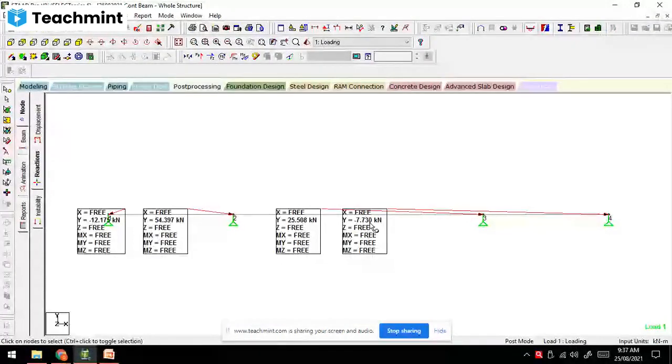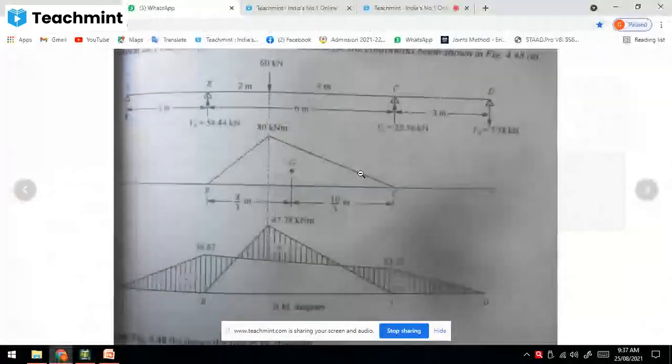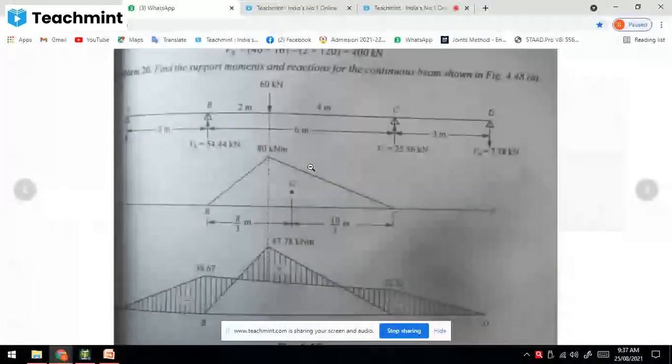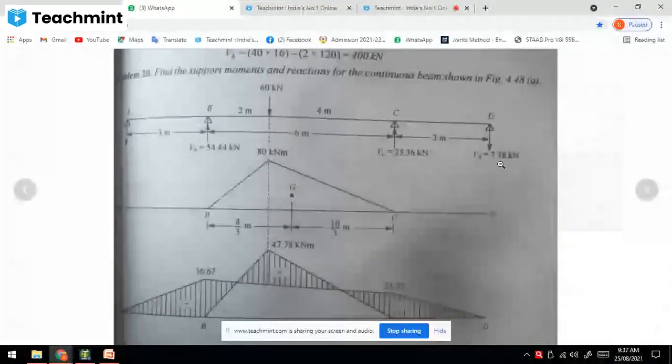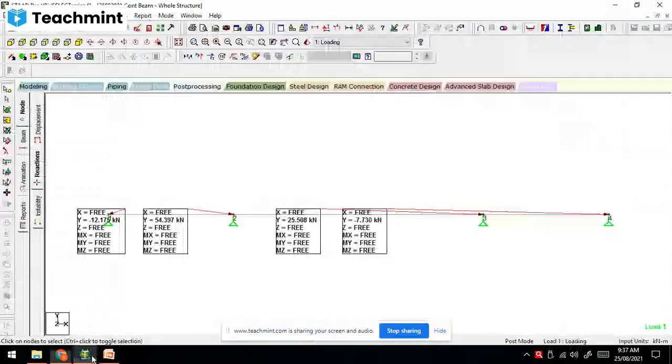Downward is minus and the remaining both are upward. You can see VC is upward, VD 7.7 is downward, so that's why a negative sign is shown in STAAD.Pro. Negative is downward and upward is positive in STAAD.Pro. Remember the sign convention.